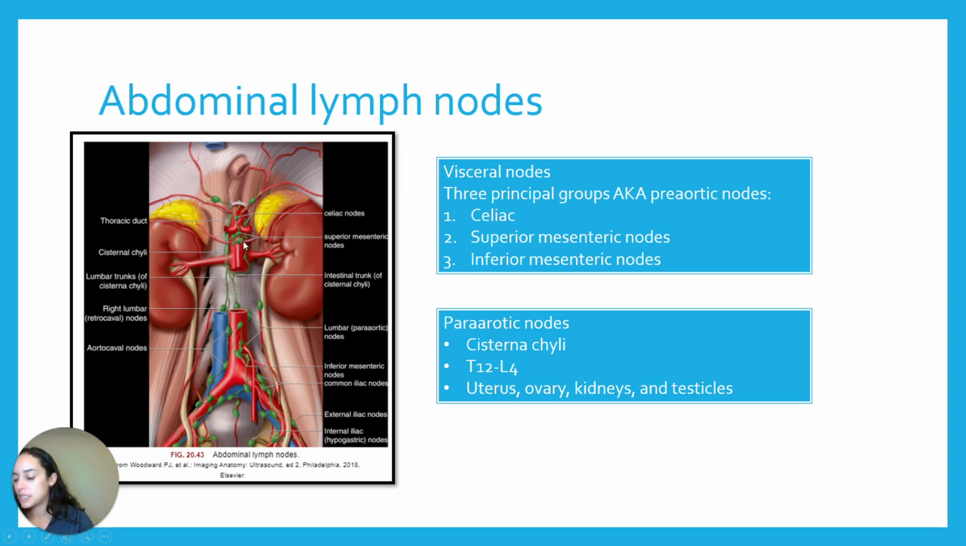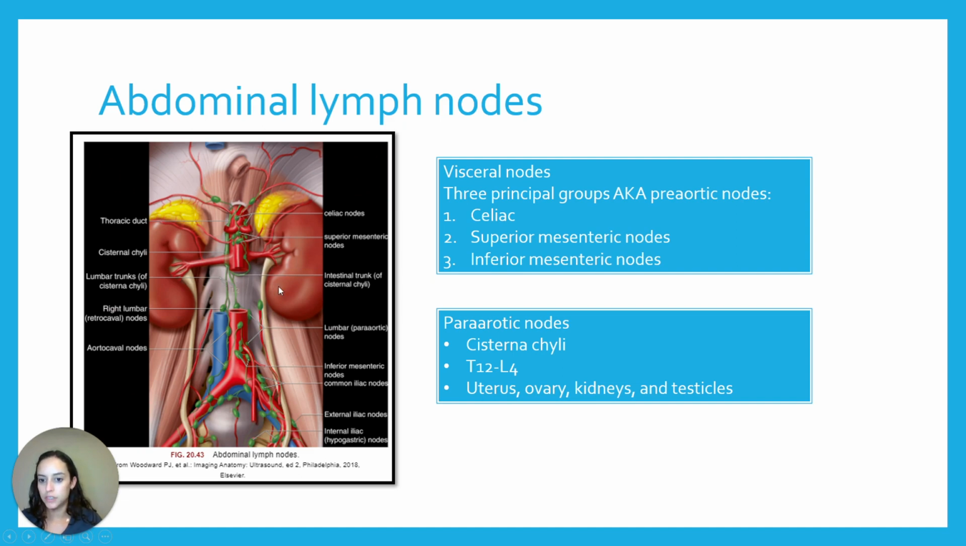The superior mesenteric nodes drain the head of the pancreas, part of the duodenum, the entire jejunum, the ileum, the appendix, the cecum, and the ascending colon. So again, if you're going back to how food travels down your body, we're kind of in the middle part of that. And finally, your inferior mesenteric